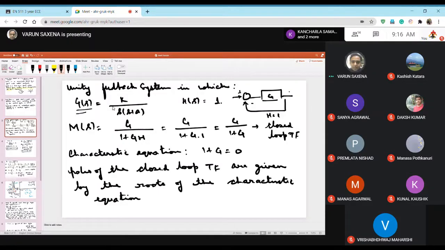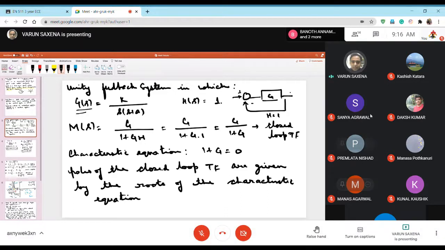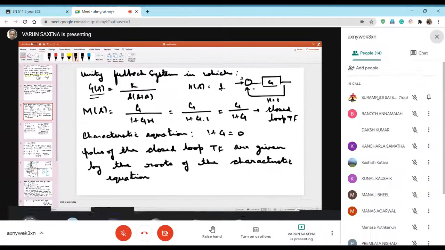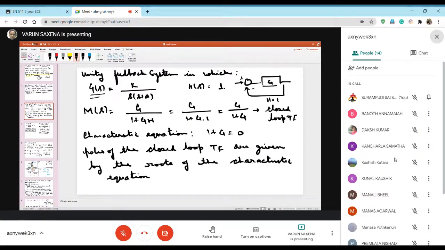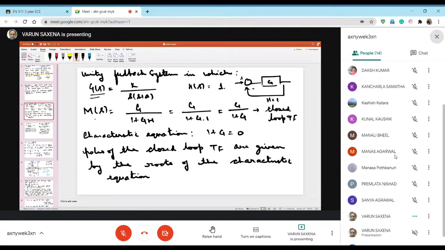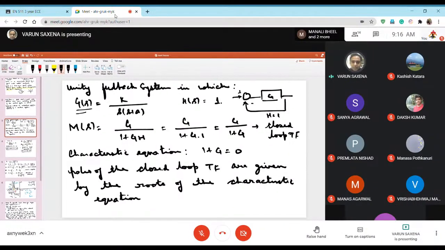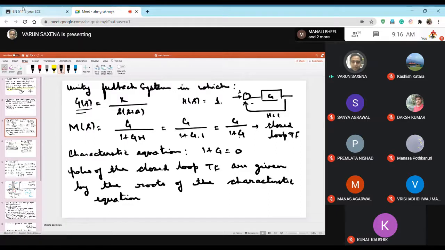We generally analyze systems using a unity feedback. But if unity feedback is not there, you can always convert it into a unity feedback system. Otherwise, if H(s) is also given to you and it is other than one, then you can just apply this formula and you will get the closed loop transfer function. So you get the closed loop transfer function by this formula as G over 1 plus G. In this case, if there was some H, it would have been G over 1 plus GH.